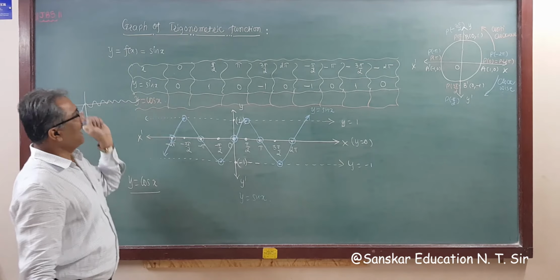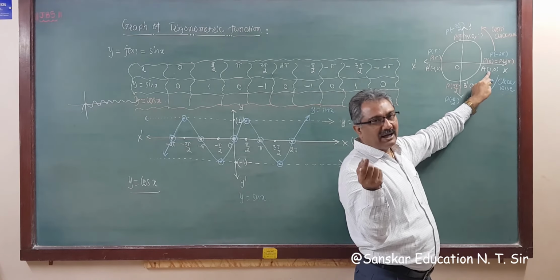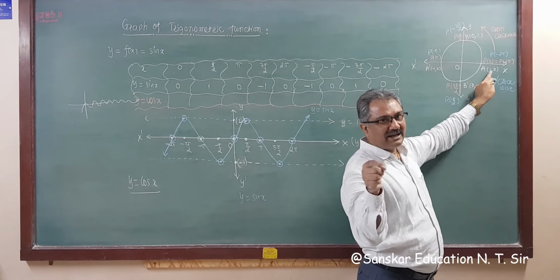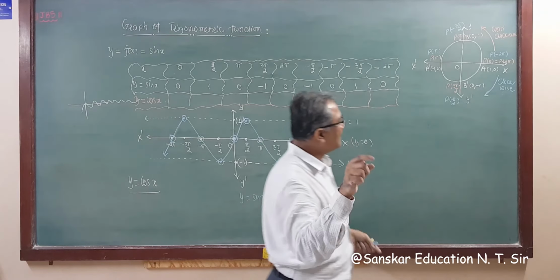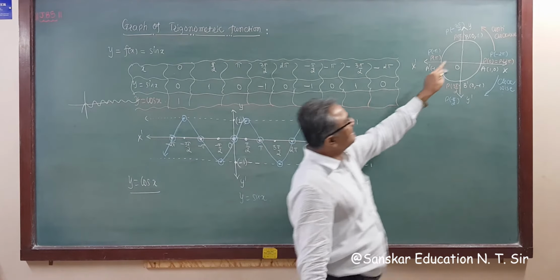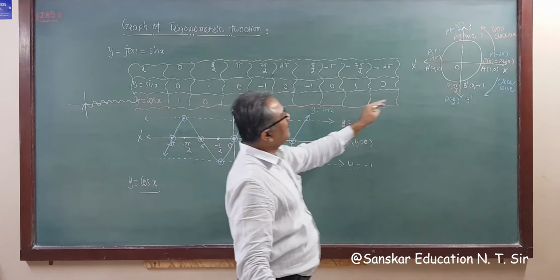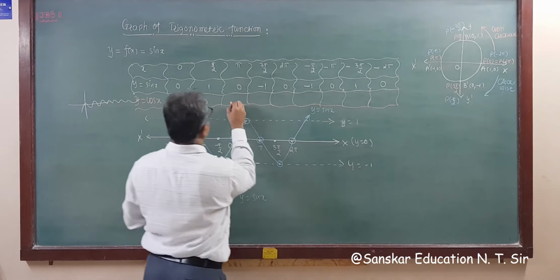So you know x is 0. Cos means, at a point, the x coordinate is the cos function and the y coordinate is the sin function. So x is 0 means 1, pi by 2, cos is 0. So pi by 2, then cos is 0, pi, then cos is minus 1, right?